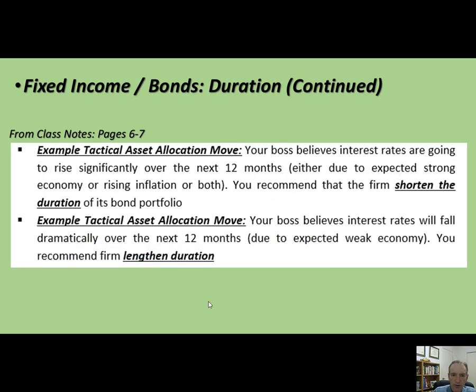All right, so if you took a break, now you're back, and so we'll finish up duration. Remember, duration, we defined it. Duration is the weighted average time to maturity using discounted cash flows as our weight. It's a measure of interest rate risk or price risk of bonds. So a bond that has more duration has more risk. A bond that has less duration has less risk. We also talk about the different categories: short-term bonds, intermediate-term bonds, and long-term bonds.